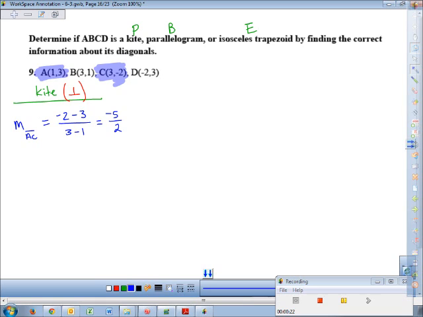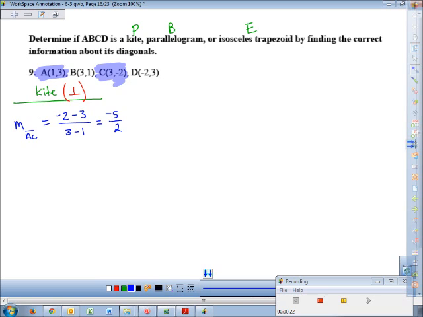Did you get -5 halves? Cool. Do I need to find the slope of the other diagonal? Yeah. And if they're two fancy words, what are those two words? Opposite reciprocals. We can stop, right? If those are opposite reciprocals, shouldn't those diagonals be perpendicular, which means it will be a kite, because we have